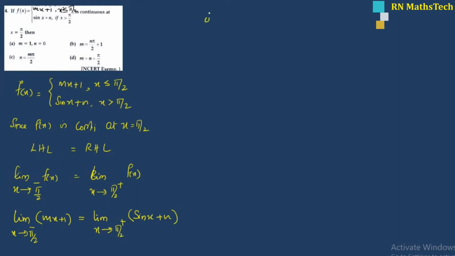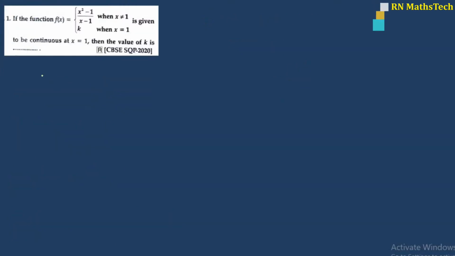That is m into pi by 2 plus 1 is equal to sin pi by 2 plus n. Okay, m pi by 2 plus 1 equal to sin pi by 2 is 1 plus n. 1 cancel, so n is equal to m pi by 2. Okay,